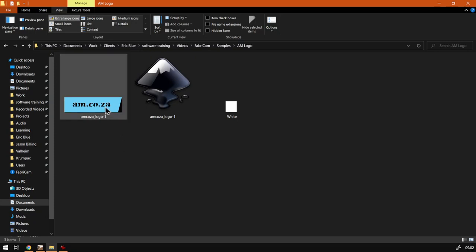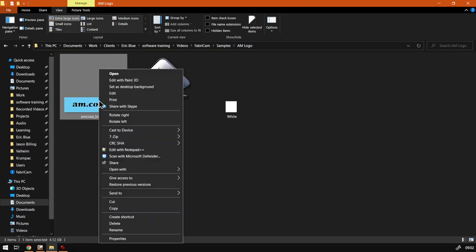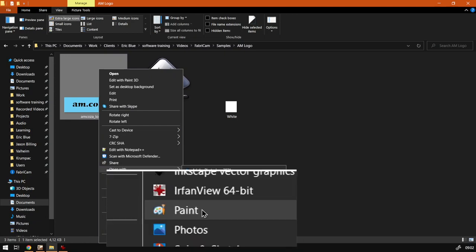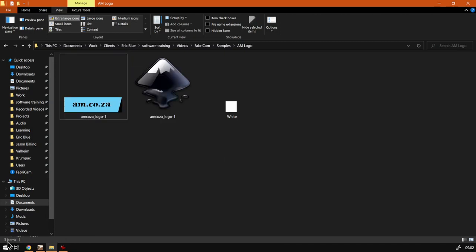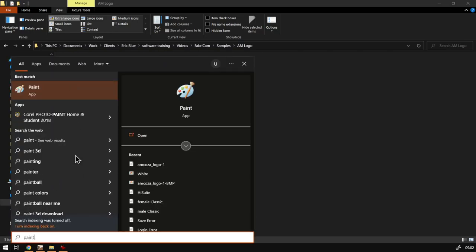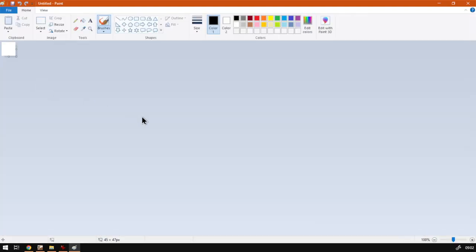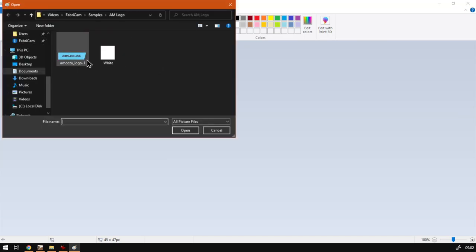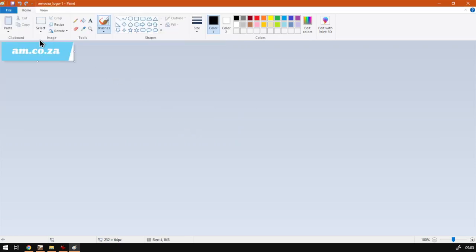First way is we can simply select your image, right click it, and then go to open with. So you just go down the menu till you find open with, and then we look for paint. I'm going to try zooming here so you guys can see it better. Here we go, we've got paint. So you can do it that way, or another way, you click on your start bar and simply start typing in paint, and then we open the app by clicking on it, and then we go to file, open, navigate to where your logo is located, select it and say open,